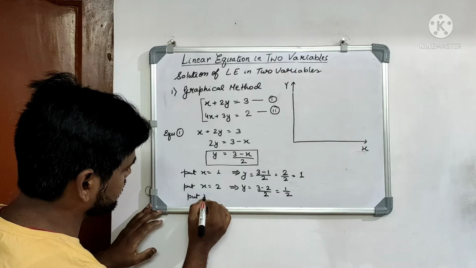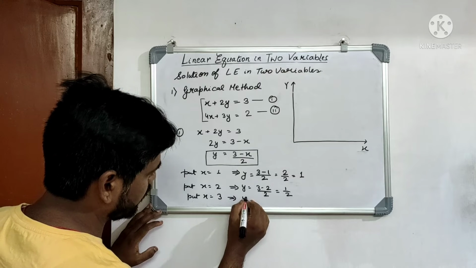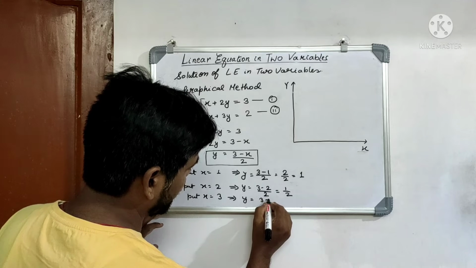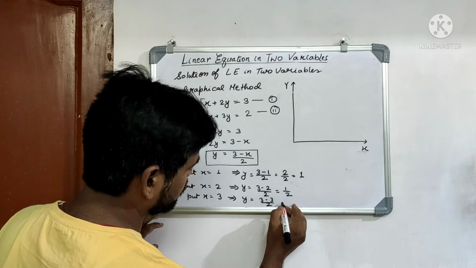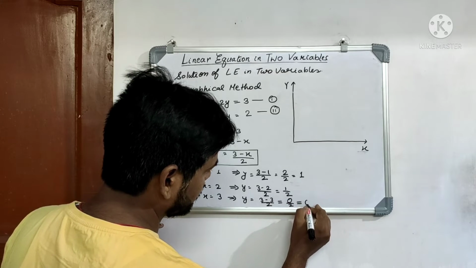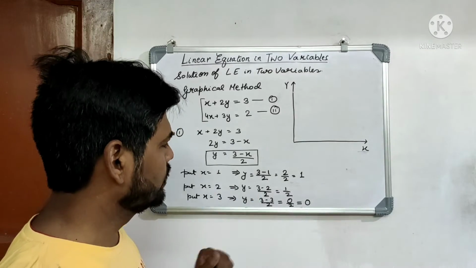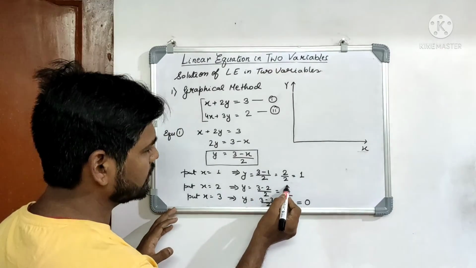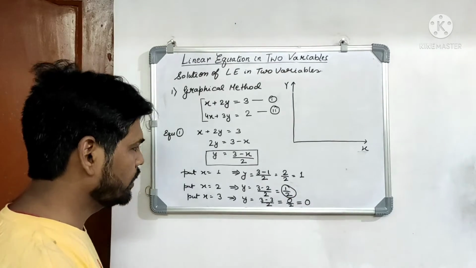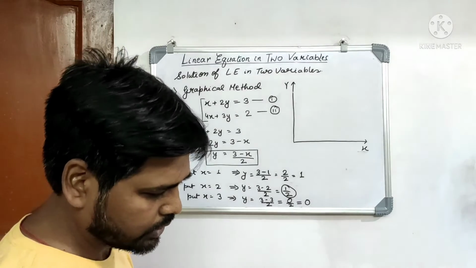Let's say put x is equal to 3, then we would get a possible value of y equal to 3 minus 3 by 2, and this will be equal to 0 by 2. Hence, we will be getting a value equal to 0. So, since we have got this value and this half, it is very difficult to put this half on the graph. So, what we can do is, instead of taking this value, we can take another value like